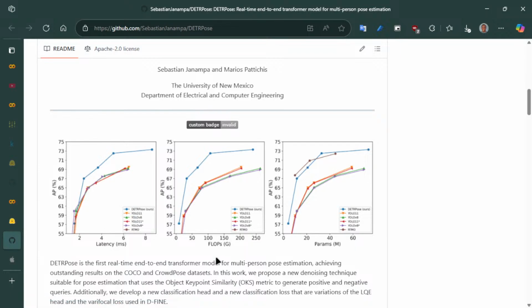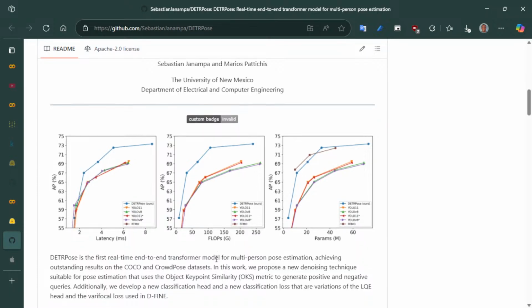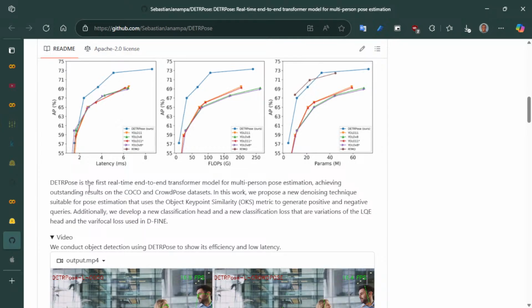Also floating points and the parameters. Okay. So DETRPose is the first real-time end-to-end transformer model for multi-person pose estimation, achieving outstanding results on the COCO